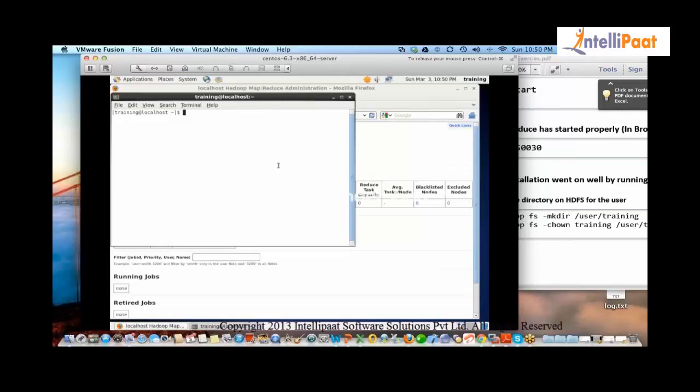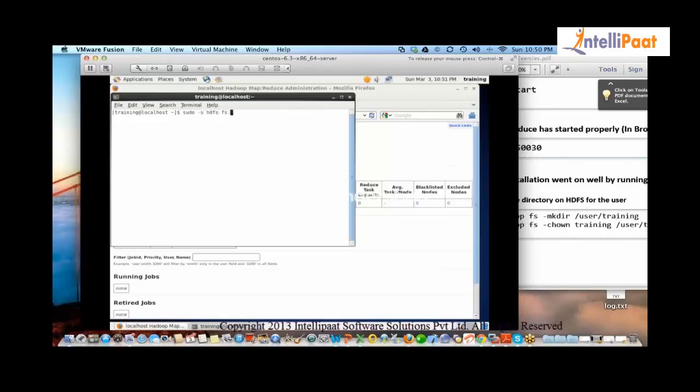Now I am a user called training. I will give you my input and you give me the output. So Hadoop says first you create your own directory where you will give in. See, Hadoop is saying if you want to process some data, you'll have to bring the data inside for me. So you say, okay, I'll give you the data. How you will give the data, I'll show you.